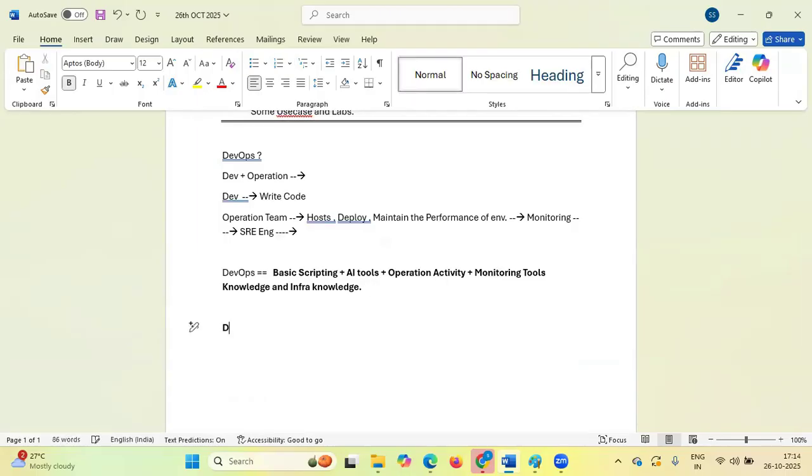One is DevSecOps, and you must have also seen SecDevOps somewhere. So what does it mean? Nowadays you should have all these activity knowledge, plus some security knowledge also.